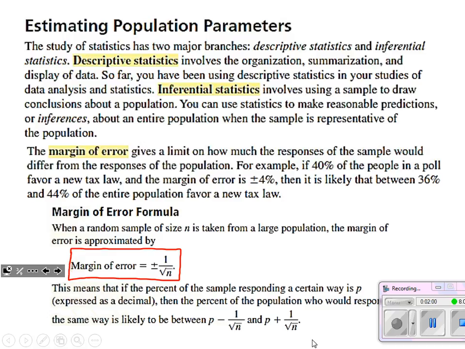All that is saying is that the larger the sample size, that's going to make the denominator of this fraction bigger and bigger, which means our margin of error is 1 over that bigger and bigger number. It's going to be smaller and smaller. And that margin of error does say plus or minus in front. That's because our estimate could be overshooting or undercutting the actual population. It's designed to give us a range that we can trust as we infer what our sample is saying about the population. So pretty quick formula. That's one of the few formulas we've actually had to learn so far here in chapter 11.